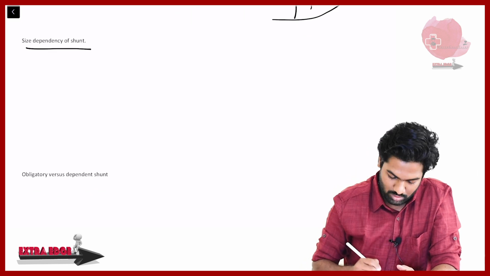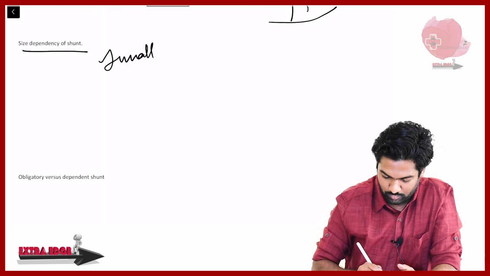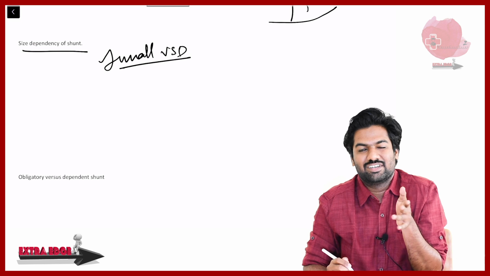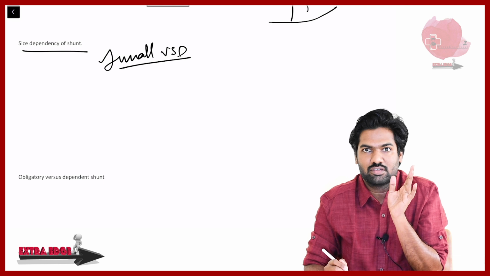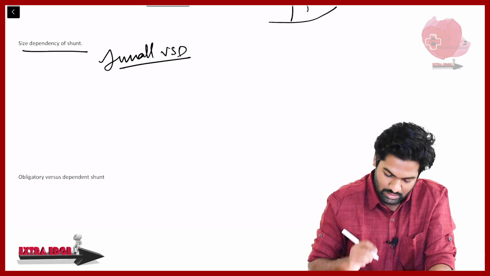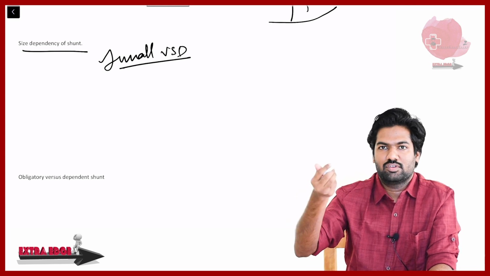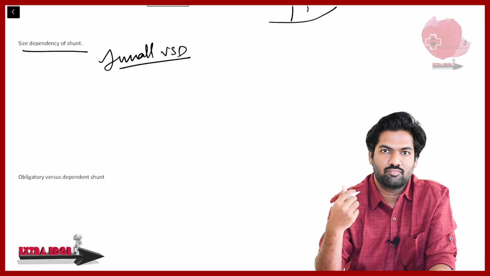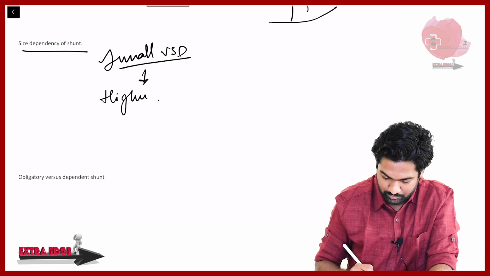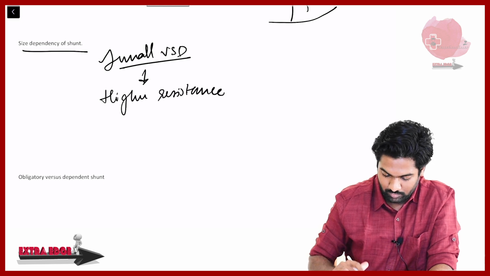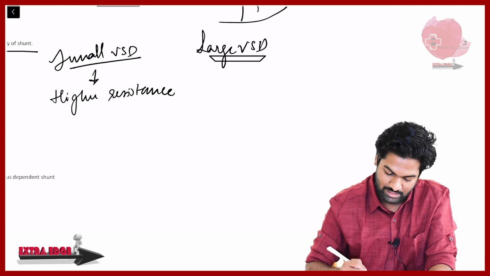Imagine it is very small like here. When there is a small form of VSD, usually in your book it is written that less than 0.5 mm is called a restrictive VSD. I will tell you again what they have told. Small VSD means, is it giving the left ventricle a higher amount of resistance or the least amount of resistance? Excellent. Small VSD will always give higher resistance, whereas if it is a large VSD, then less resistance.